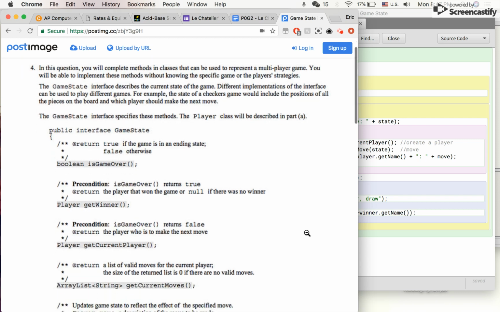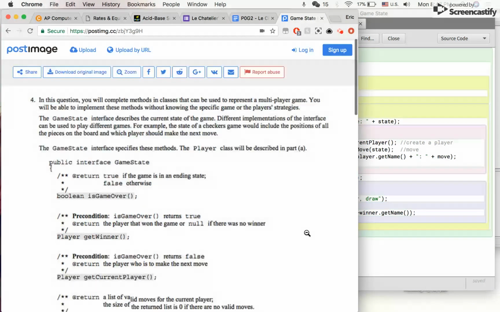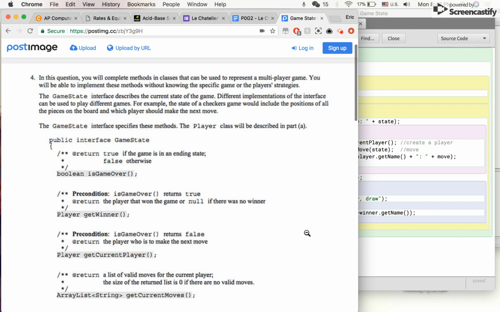Hello, today I'm gonna be explaining the FRQ game state. In this question, you'll be completing methods from classes that are used to represent a multiplayer game. You'll be able to implement these methods without knowing the state of the game or the players' strategies. The game state interface describes the current state of the game, and different implementations of the interface can be used